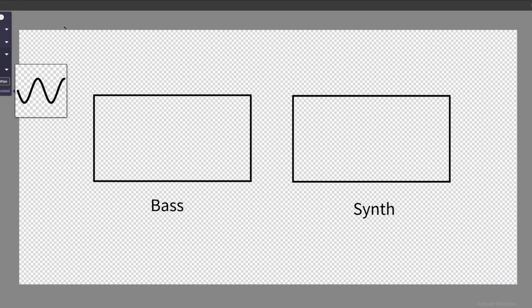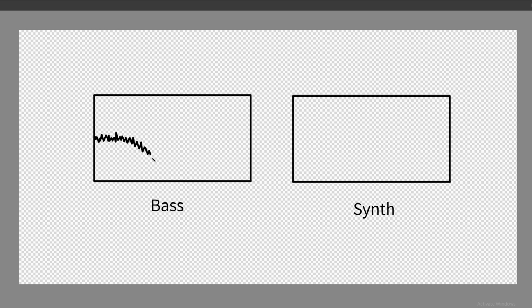All right, so we're going to look at another example between a bass and a synth. Obviously, the bass is going to be really energetic up here, and then it's probably gonna start tapering down. So a synth is gonna have some bass, and then it's gonna get really energetic up in the mid-range and up in the high frequencies. Most of the bass is existing right here, and most of the synth is existing up here, but the synth still does have this bass